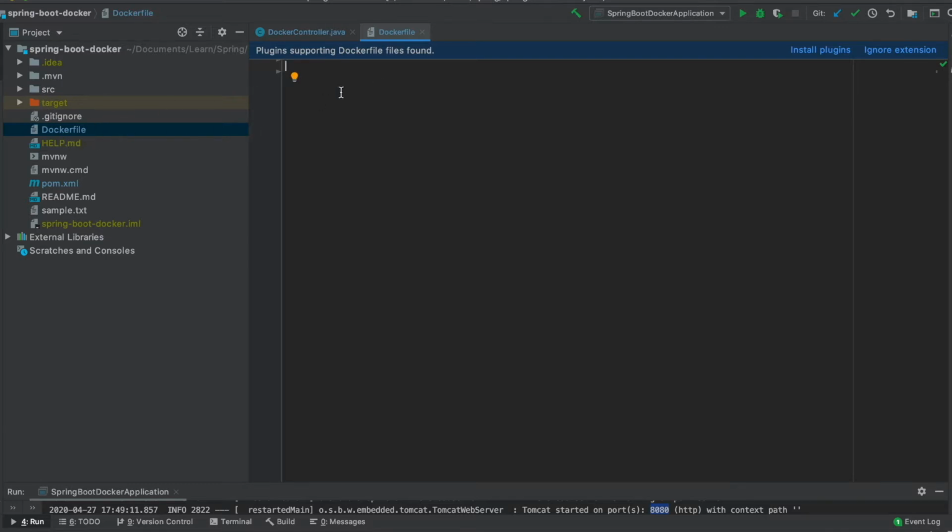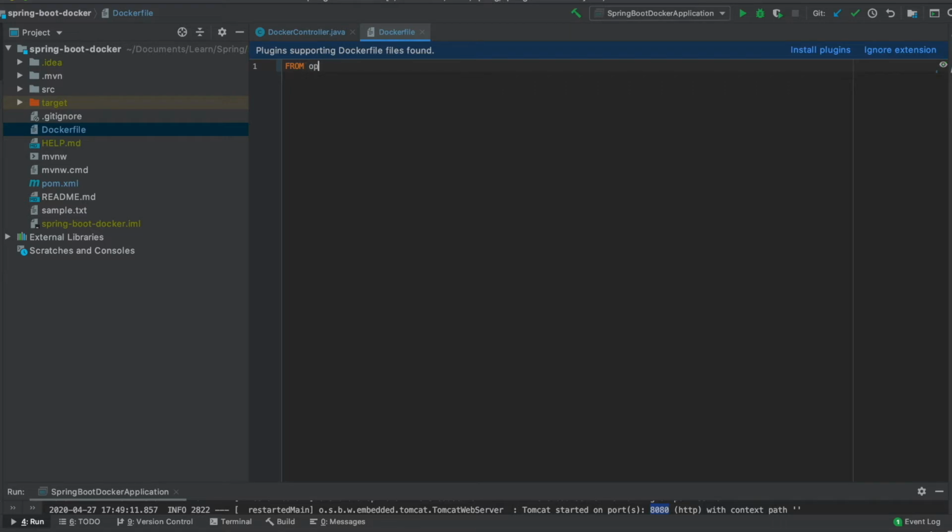Now what we need to mention here is the things we need for this application. For this application we need a JDK, right? To have a JDK, we can make use of the FROM command of the Docker engine to take a base image which already has OpenJDK 8 installed.